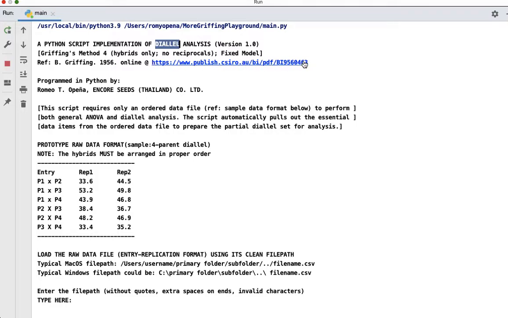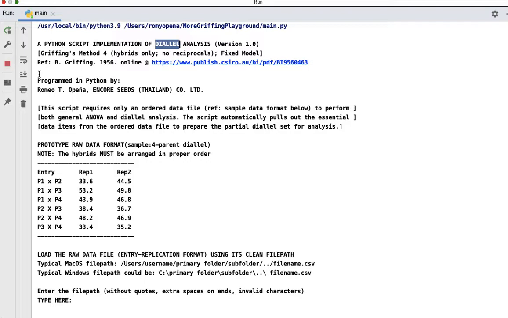This script is closely modeled after Griffing's 1956 paper, which was performed on a 9-parent diagonal set. As in Griffing's paper, this script analyzes only data from a fixed 9-parent diagonal set.